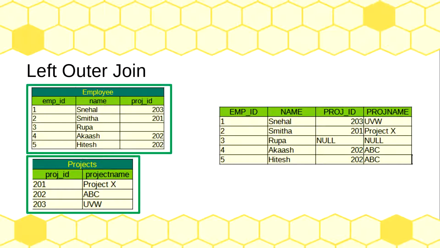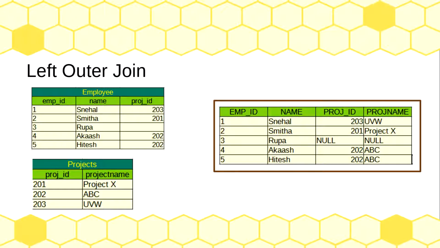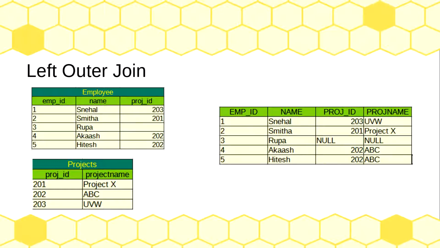Here we can see that not every employee is assigned to a project. So when we use left outer join, we will get a null value in front of employee D3. If we use the left outer join on this clause, we will get this output. You can notice in the output that we got the names of all the employees whether or not they are assigned to a project. In case the employee is not assigned to a project, the project ID and the project name columns will show null values. But the employee name will still be shown in the output.